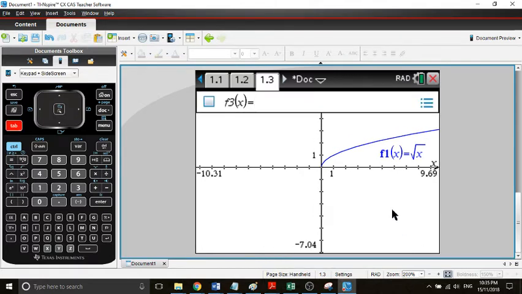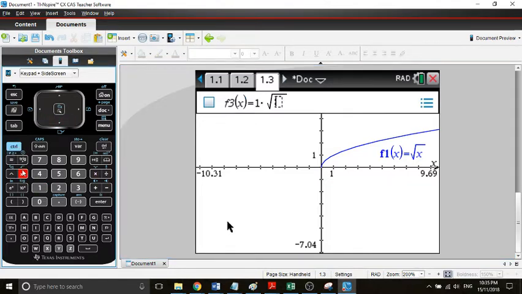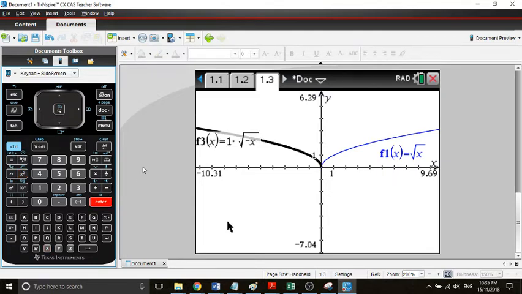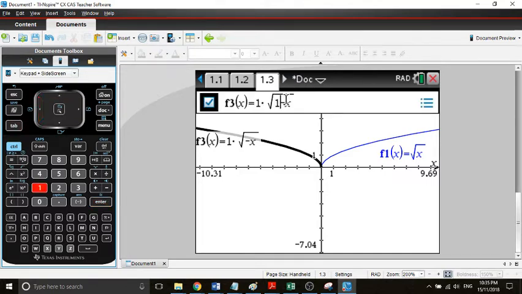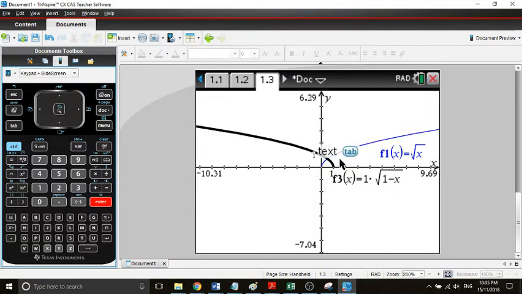If we have something like 1 times the square root of -x, it will go off that way. So if we have tab 1 minus x, made it multiply 1 minus x, then it shifted across by 1. Okay, the reason for that is, now a lot of you people are saying, you can't take the square root of a negative number. You can't. But what happens is if you have -1,